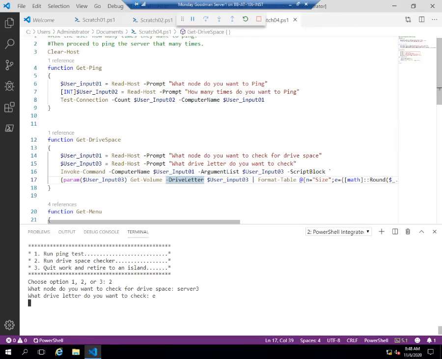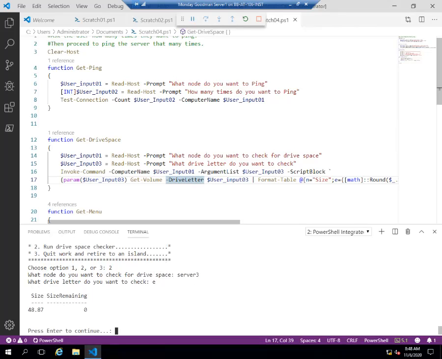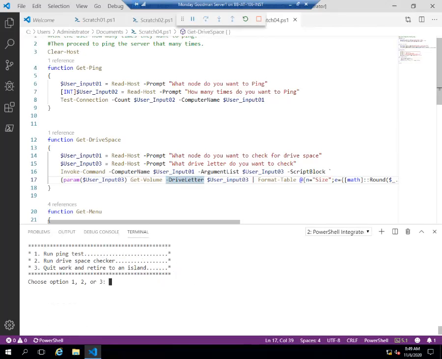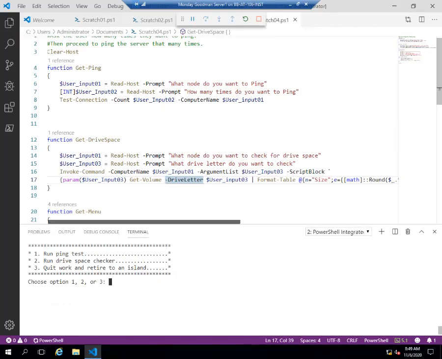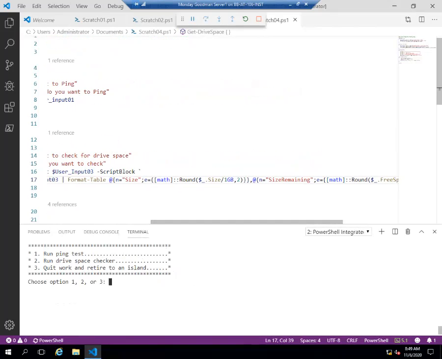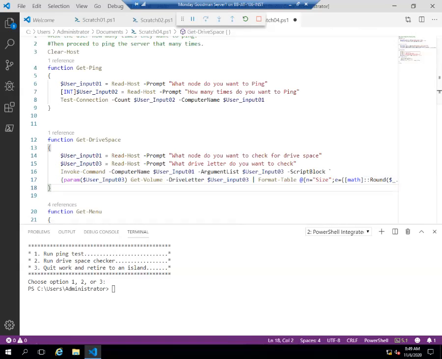Server 3, E drive. What kind of mess is it going to do? Size 48.87. Size remaining is 0. So that's not correct. It was free space before? Yeah. Alrighty, I don't think that's what it didn't seem right, but